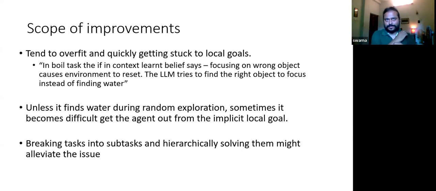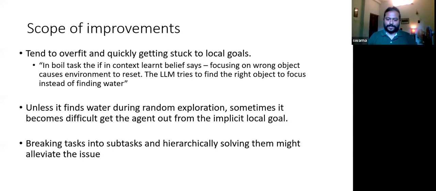Probably there is some other way around, where we can guide the LLM toward the original goal instead of getting stuck or going in a loop on the local goal. Probably breaking the task into subtasks and hierarchically solving it might alleviate the issue. In order to boil the water, first you have to find the water and then you have to focus on the water.